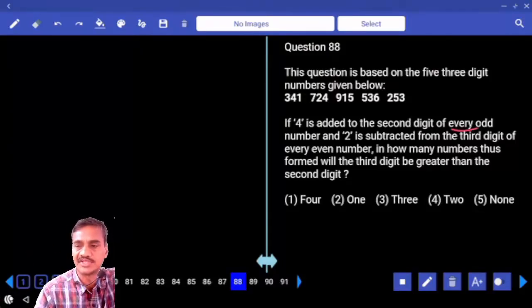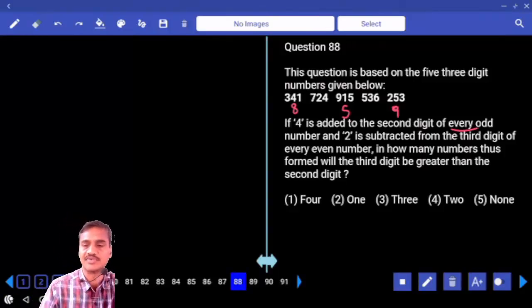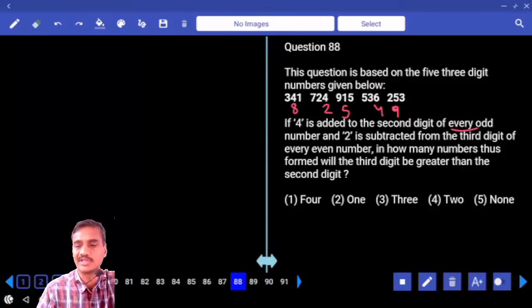4 is added to the second digit of every odd number. 4 is added to the second digit, this is 8. And 4 is added to the second digit, 5. And 4 is added to the second digit, this is 9. 4 is added to the second digit of every odd number. 2 is subtracted from the third digit of every even number. And 2 is subtracted. Then in how many numbers formed will the third digit be greater than the second